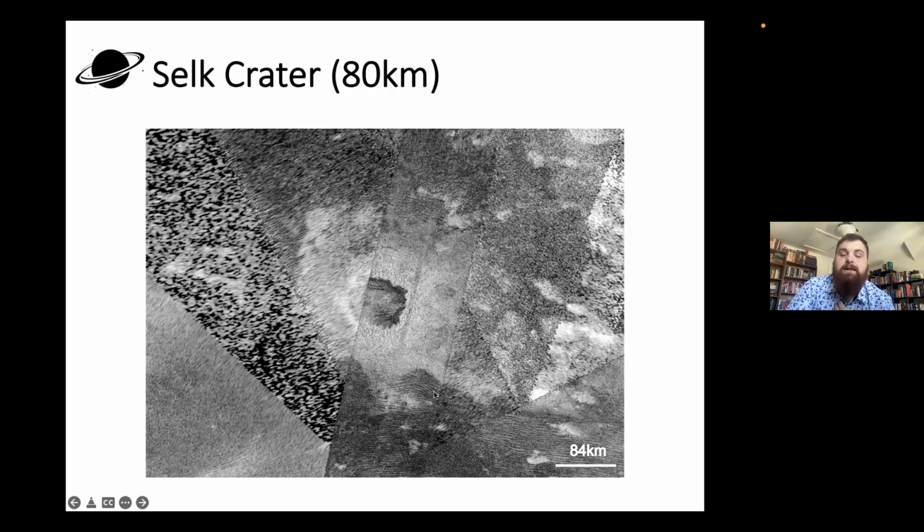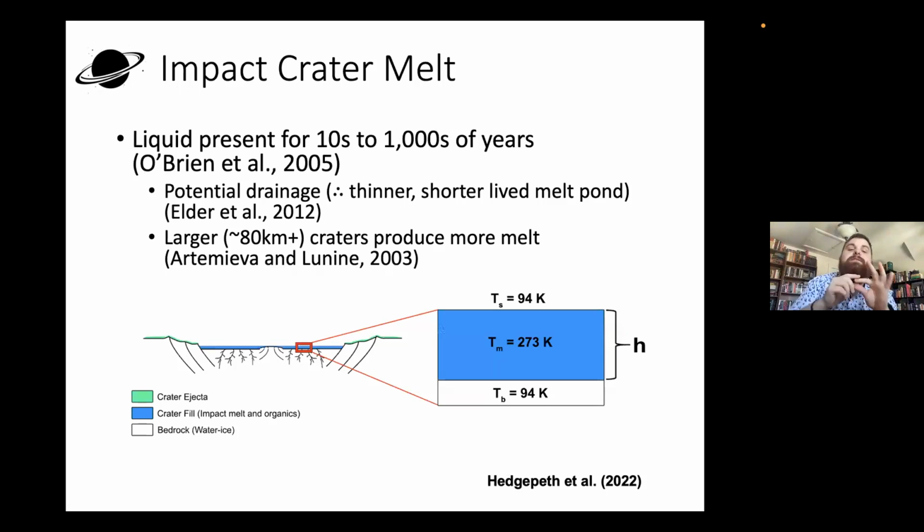And while we don't know exactly what they're composed of, there's strong reason to suggest that they're probably composed of the very type of organics that we observed in the atmosphere. So these tholins and other types of heavy organics that we're interested in exist on the surface in very large amounts. And when you think about an impact crater, when it forms, all that energy gets bombarded into the surface. Things get moved, but some things get vaporized and melted. So you're left behind with a thin melt sheet.